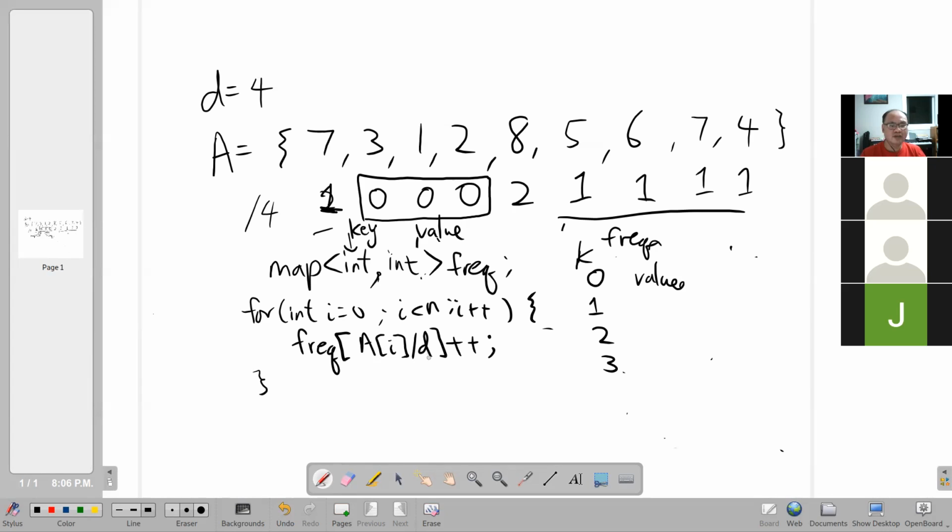So a[i] divided by d will take the number that you have here and divide by the divisor to give you this quotient. And then for that quotient, I'm going to remember the frequency to be one more than whatever it